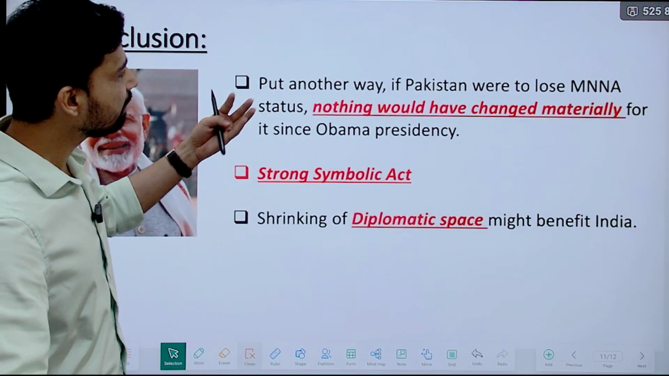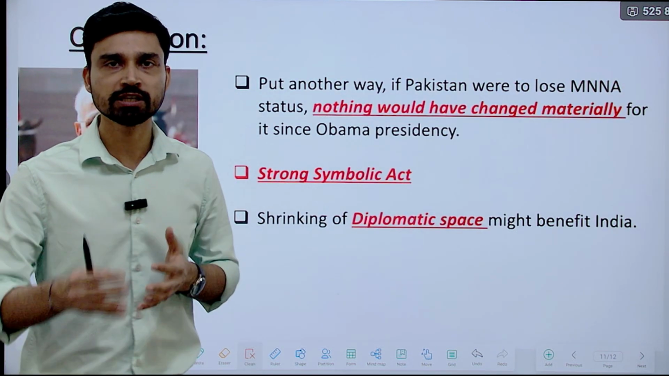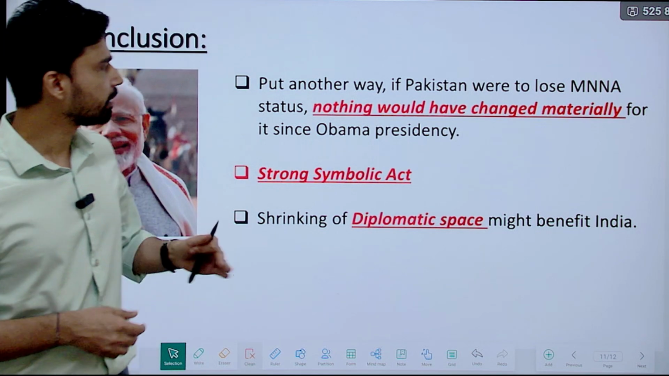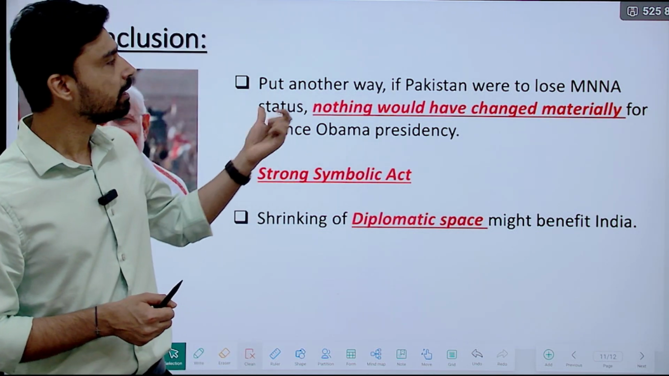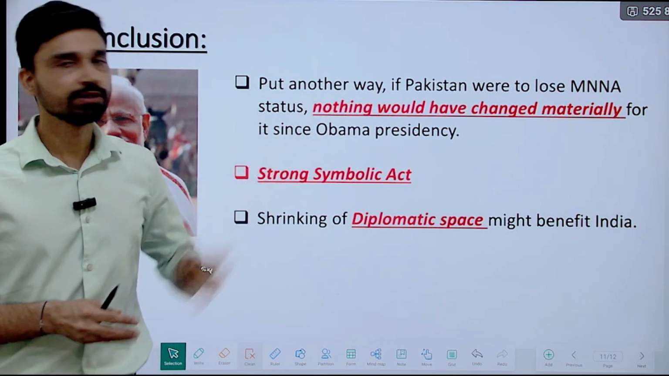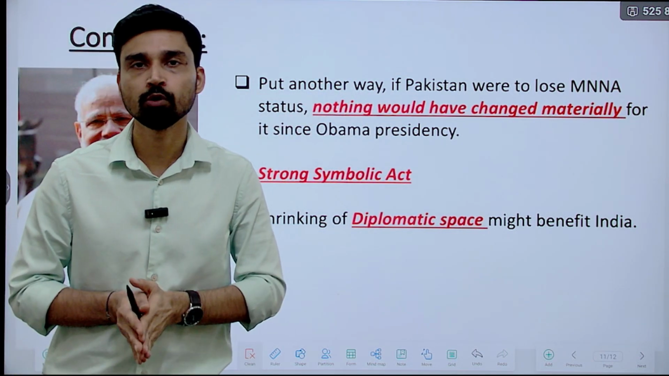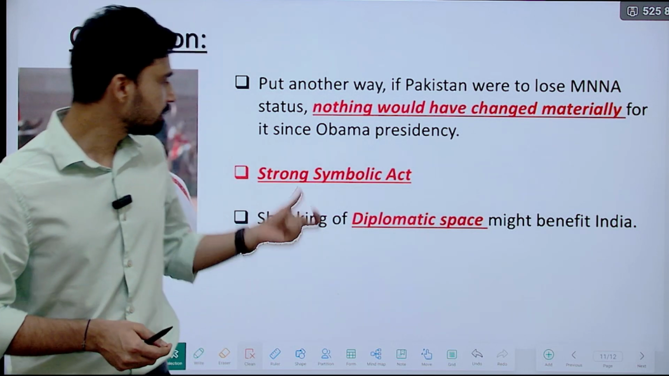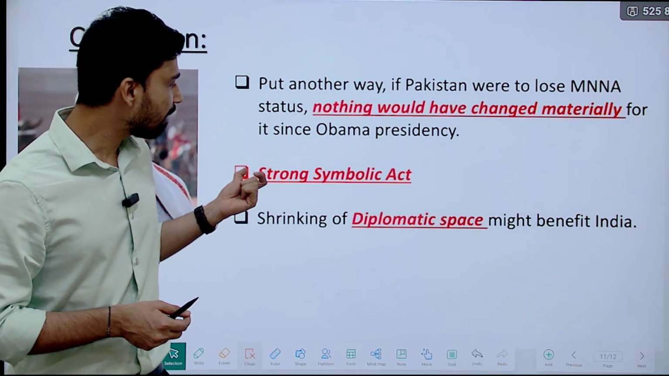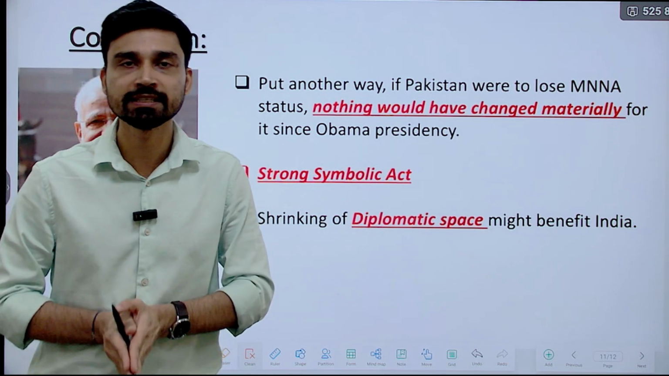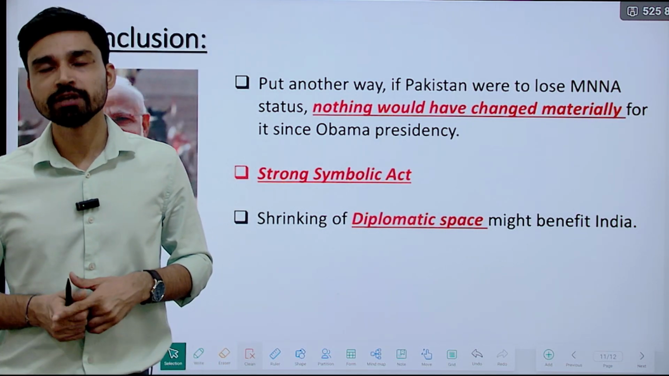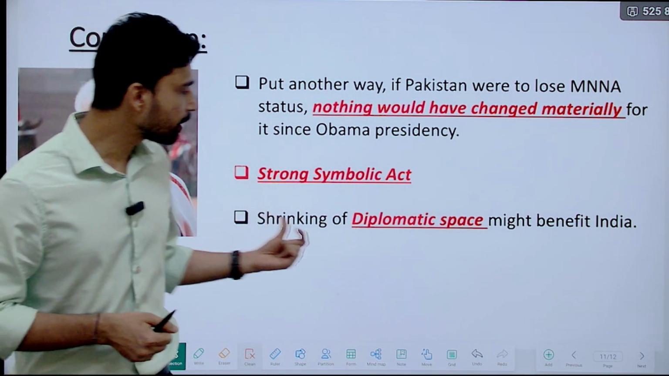The situation anyway is stressful and tense between both countries. So put another way, if Pakistan today were to lose MNNA status, nothing would have changed materially since the Obama presidency. That is what we are talking about. However, what will change is that it will be a strong symbolic act. If Pakistan's status declines, it means that the US does not trust it anymore, and it will shrink the diplomatic